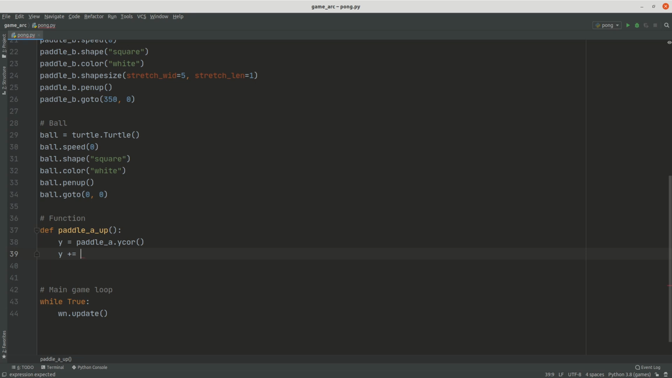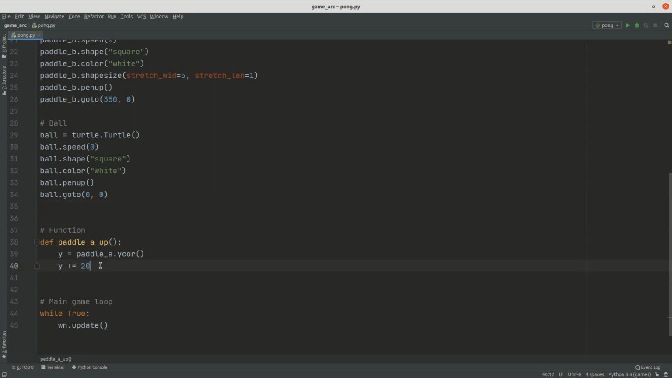So now we need to add 20 more pixels to y, so we can move a bit more up the screen. But we won't be able to see it. Sorry about that, but we won't be able to see it. Okay, so after that, I need to say